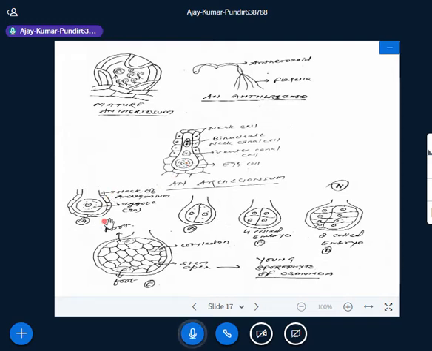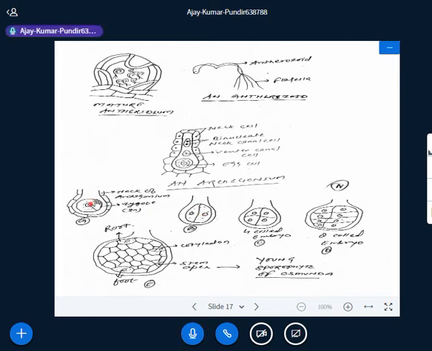So what happened? First of all, after a resting period, the zygote becomes large in size. Now a vertical wall division takes place in the zygote. It is a diagnostic feature of leptosporangiate ferns. First of all, in the zygote the vertical wall division takes place. In case of eusporangiate ferns, the transverse wall division takes place in the zygote. This is the characteristic feature of the leptosporangiate and eusporangiate.